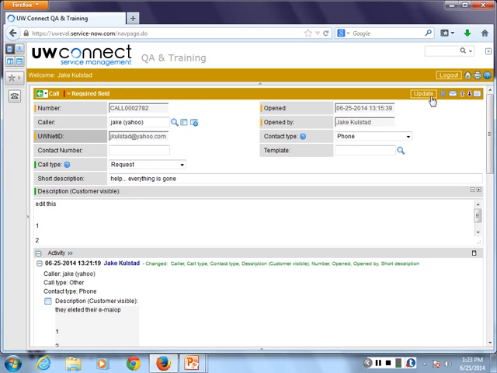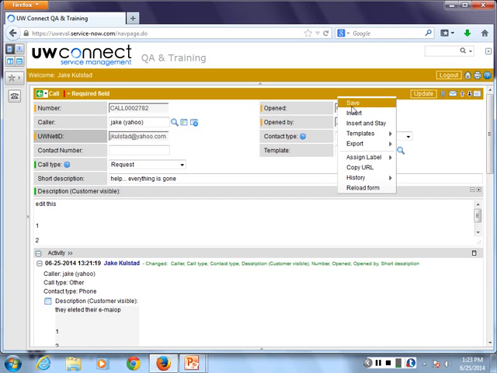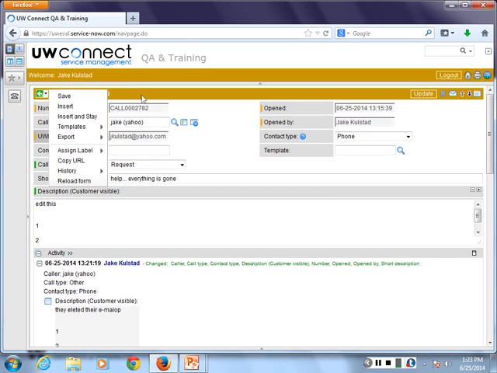You notice in the top right that my Save button is gone. I'll have all of you right-click in the gold menu by the Update button. And if you do so, you should be able to see that our option to save is still there. Everyone able to find that? Additionally, we have what is called a context menu over here by call. You see that little green arrow? As you hover over that, you can retain a lot of your options as well.